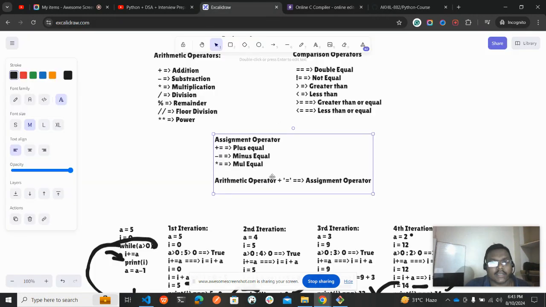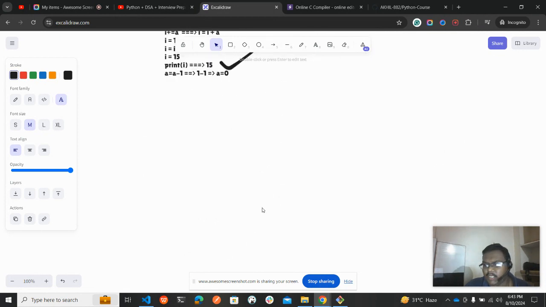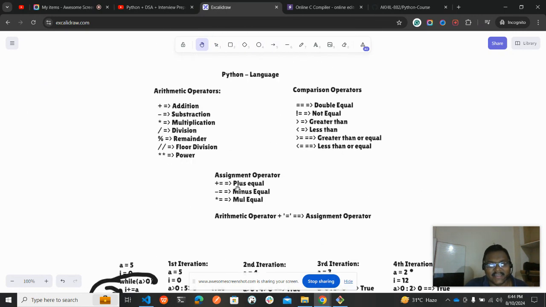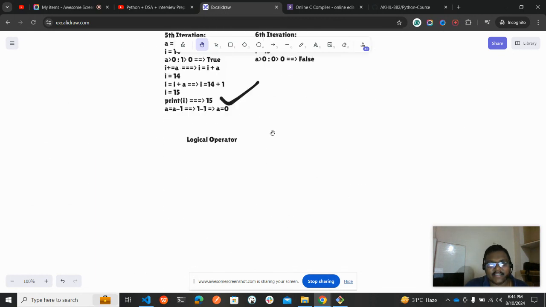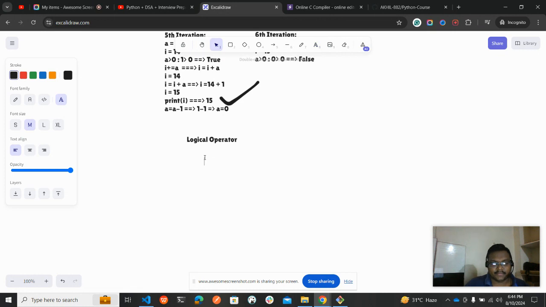Okay, let us see, the next operator is nothing but the logical operator. So there are only three logical operators. Okay, so one of the operators I told you already in the comparison operators, which is not. Okay, so we have logical operators of three types: not,